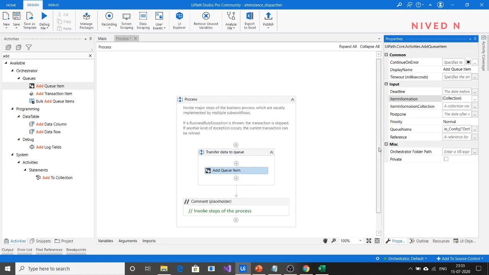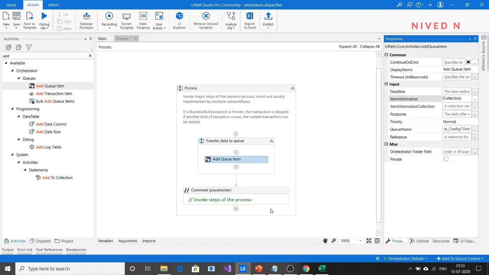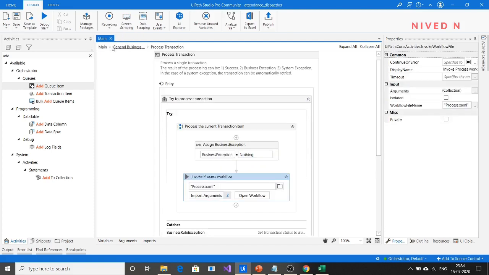So here, what we have done in the process workflow is that the transaction item has been transferred to the required queue in the orchestrator. That is what we have done here in the process workflow. So just save it.